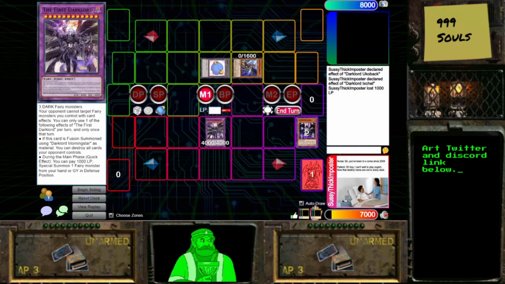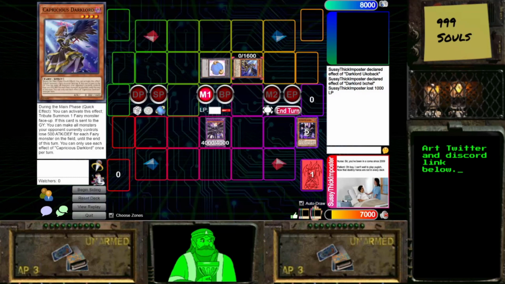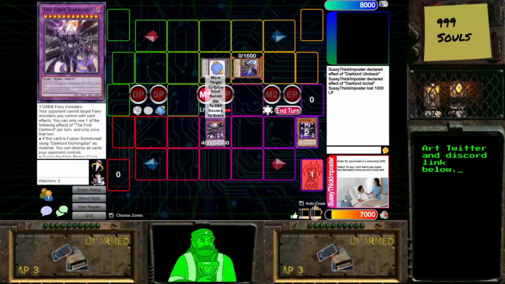Then, once per turn, you can choose one of these effects to activate. So if you activate one of them, you cannot use the other effect that turn. But we're going to use this first effect. If this card is fusion summoned using Darklord Morningstar as material, you can destroy all cards your opponent controls. So, with this very, very basic setup, we nuke our opponent's board while at the same time establishing a 4,000